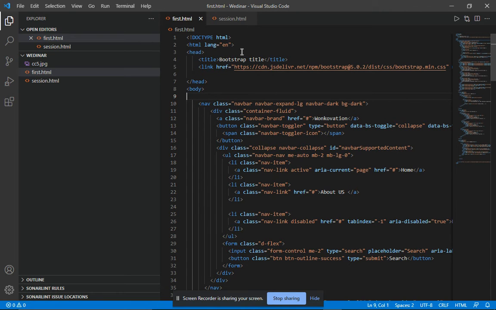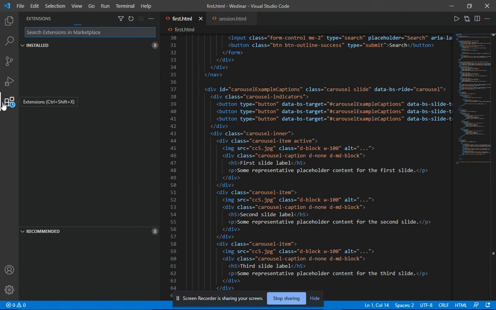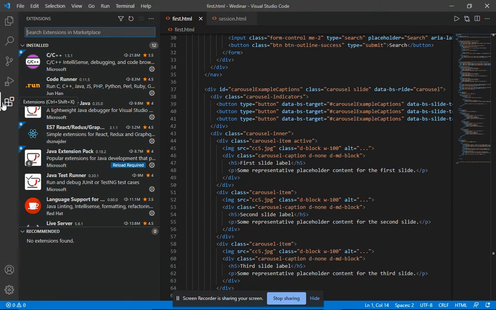Here you see that the tags have different colors, and this is another different color. This is the ability that our VS Code provides. So okay, after you install VS Code, you need to install some extensions. These extensions will be helpful for your future in web development.